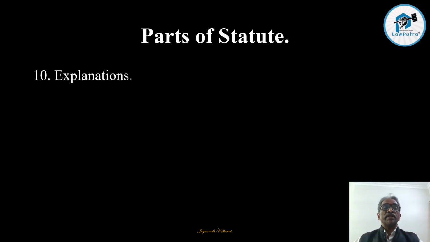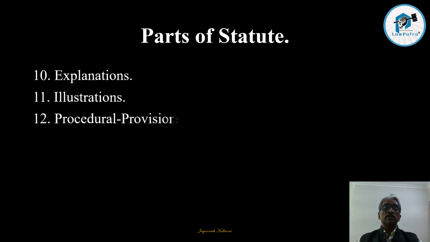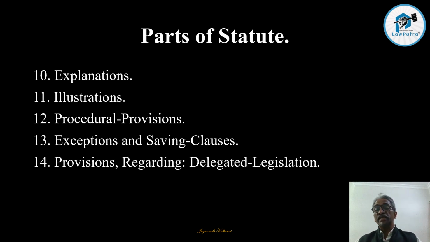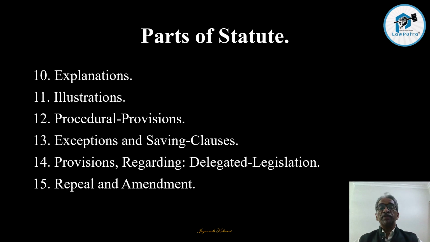Tenth is the explanations, then illustrations, then procedural provisions, then exceptions and saving clauses, provisions regarding delegated legislation, repeal and amendment, and finally schedules. So these 16 are the typical parts of any statute that we can find when we consider any act, any